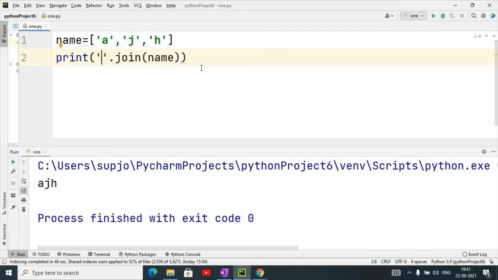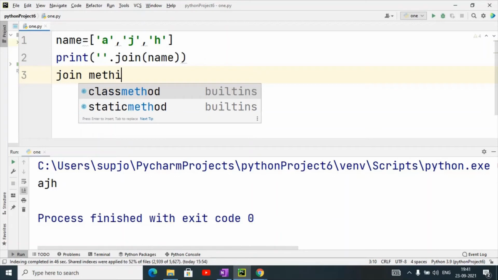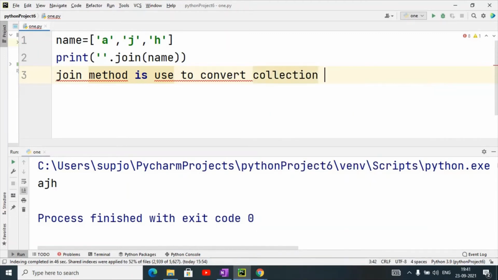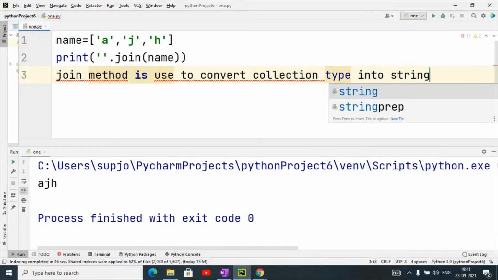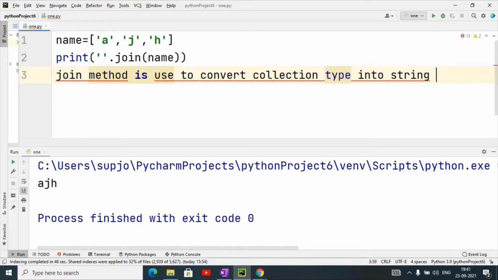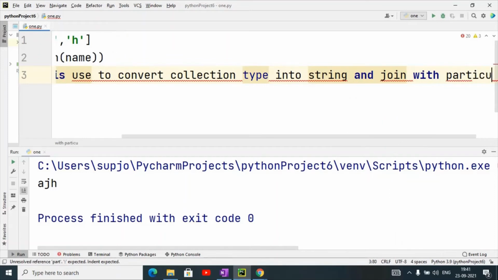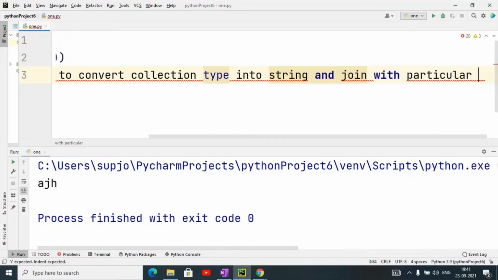So the join method is used to convert a collection type into a string, and join with a particular string.